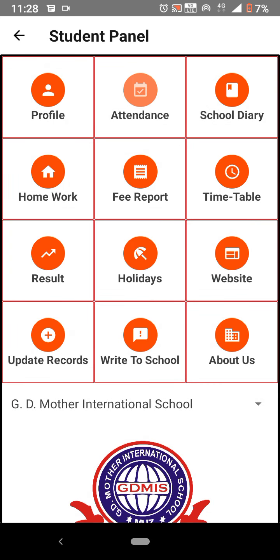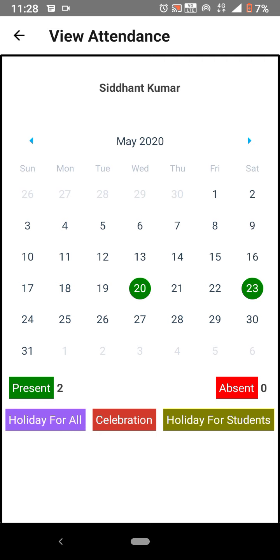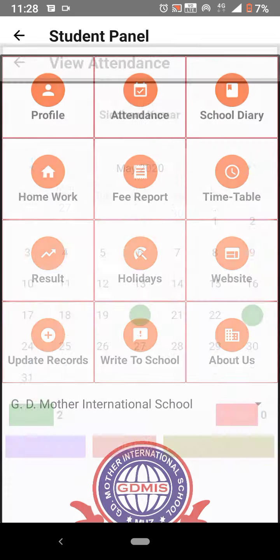And then this is the attendance tab. I can see I had marked myself present today, so it is showing in green. So every day I mark myself present, it will show in green, and if I am marked absent, it will show in red. And if there is no mark, it means attendance has not been marked for that particular day.